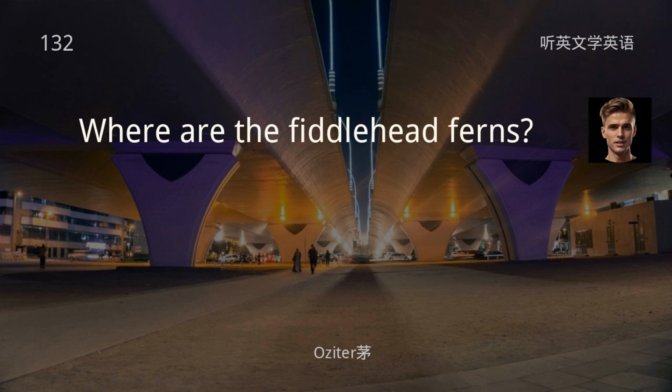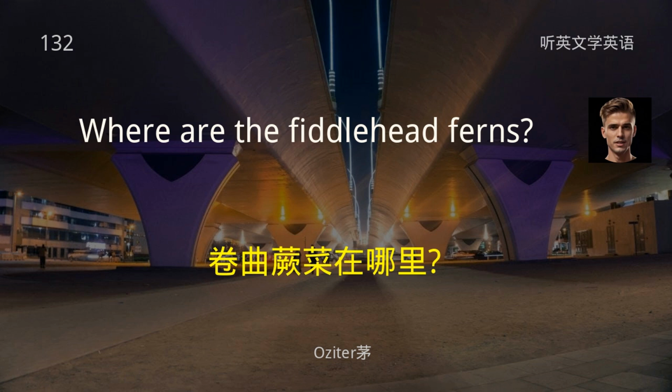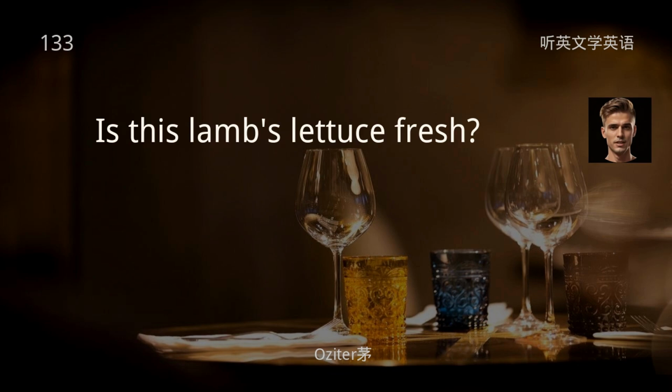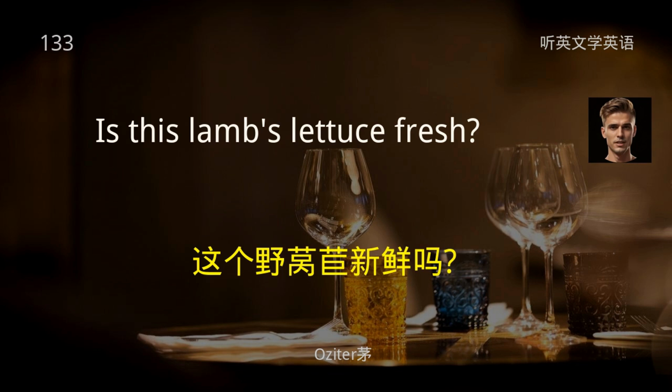Where are the fiddlehead ferns? 卷曲蕨菜在哪里？ Is this lamb's lettuce fresh? 这个野莴苣新鲜吗？